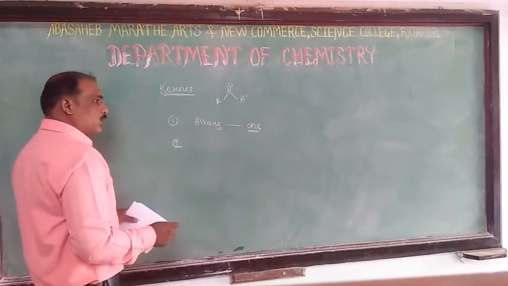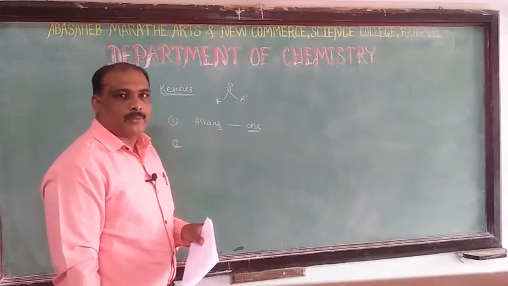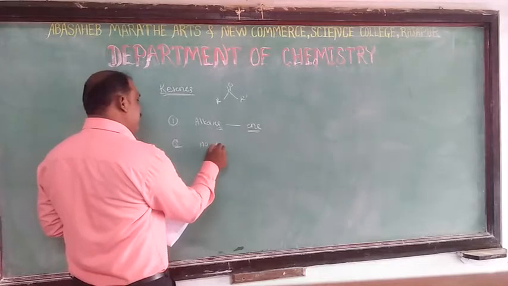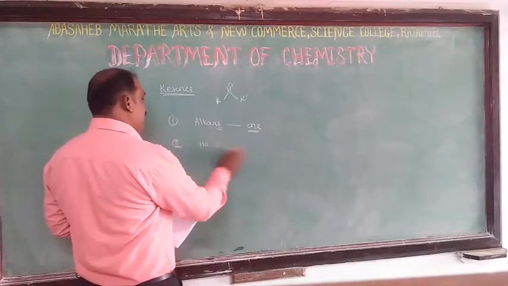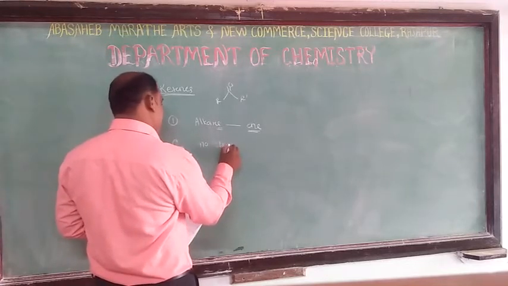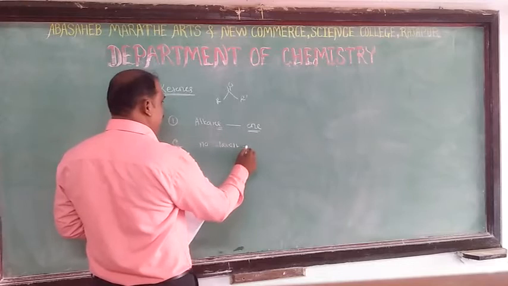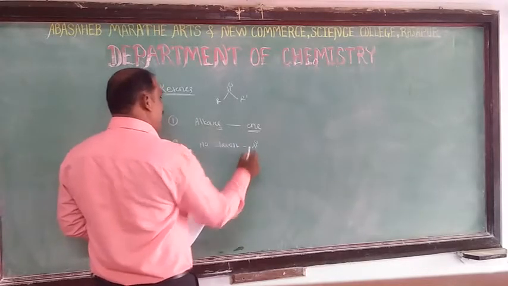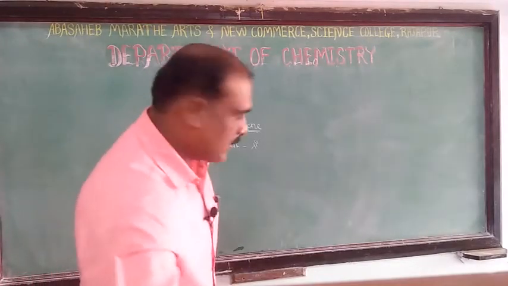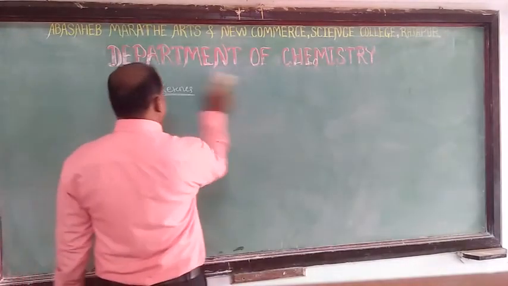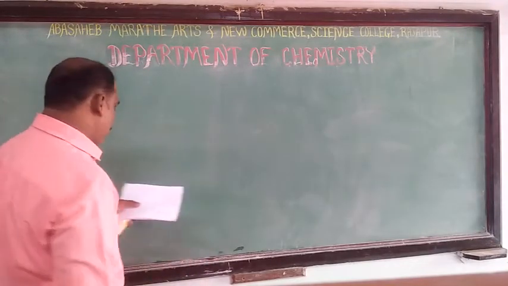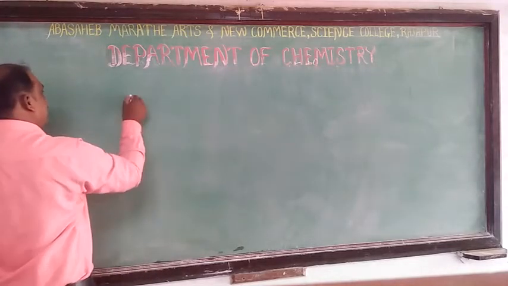The second rule, which is very important to give the name, is that the number should indicate the lowest number to the carbonyl compound or carbonyl group, right? Now we will see some examples. We have given the IUPAC nomenclature for those molecules, like